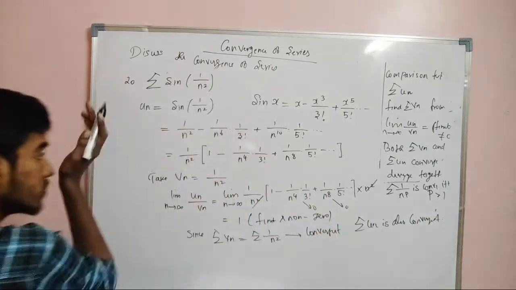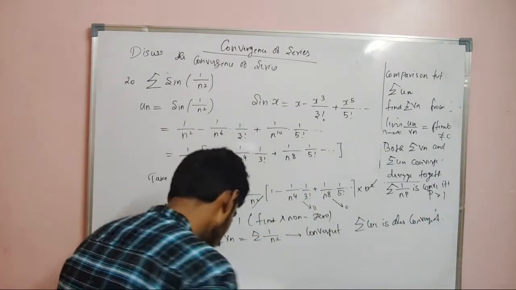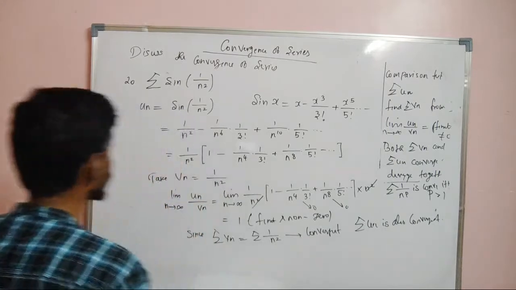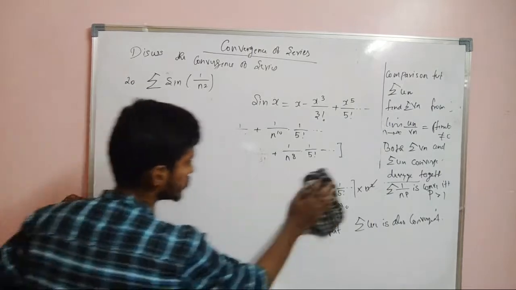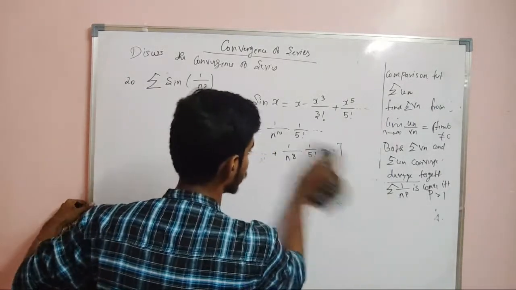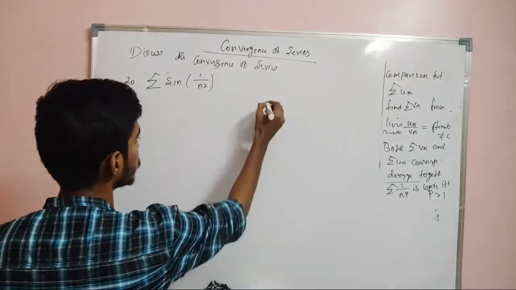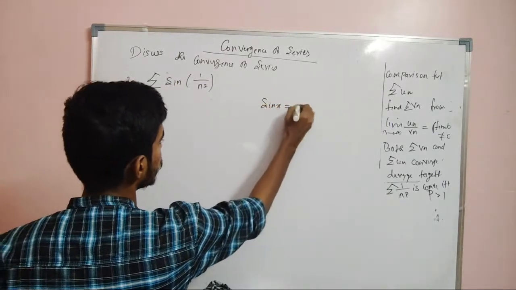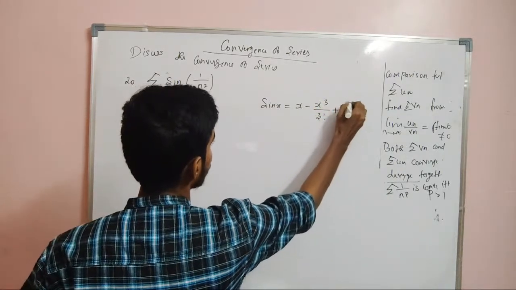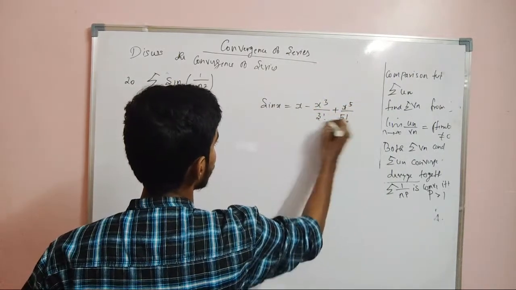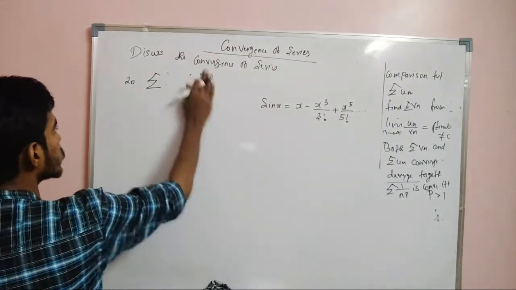So therefore, the series is convergent. Now we move on to the next problem, which is summation 1 by n sin 1 by n. The 21st problem. Sin x is x minus x cube by 3 factorial plus x power 5 by 5 factorial. So the 21st problem is